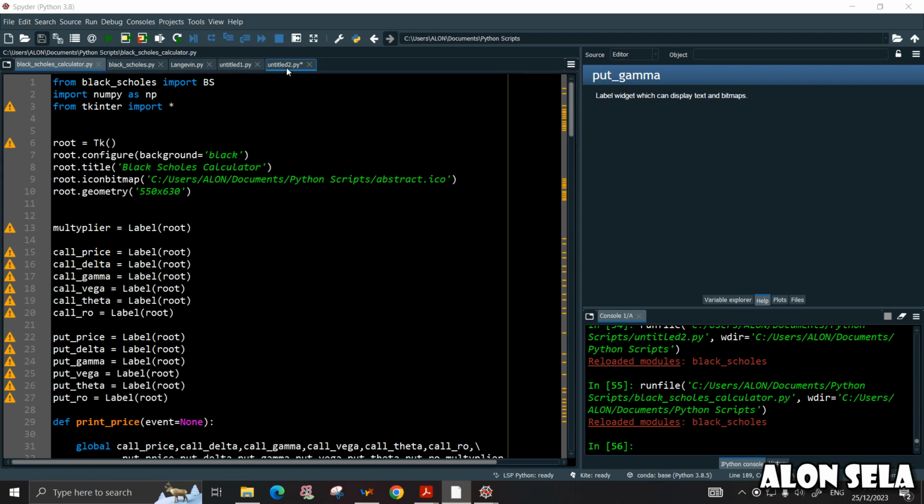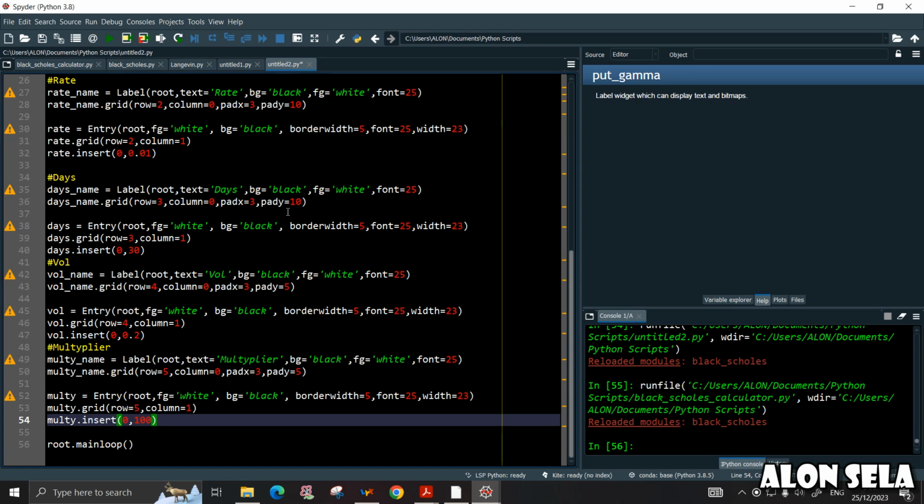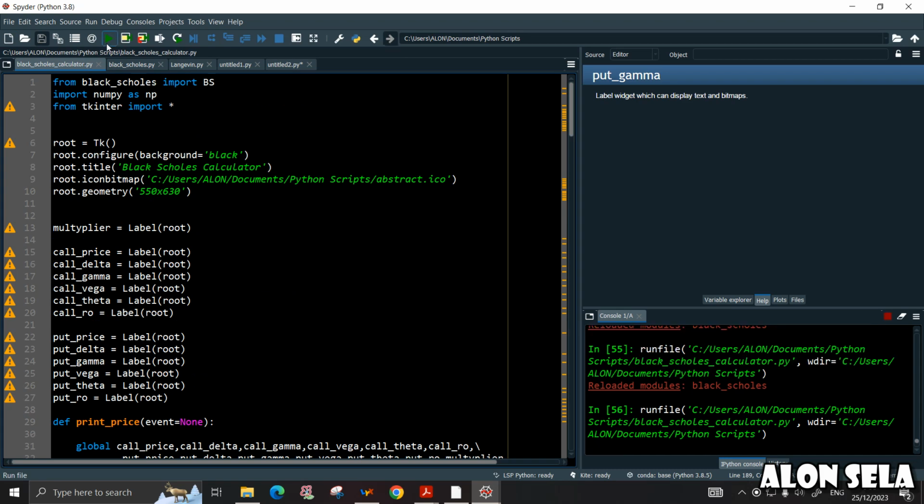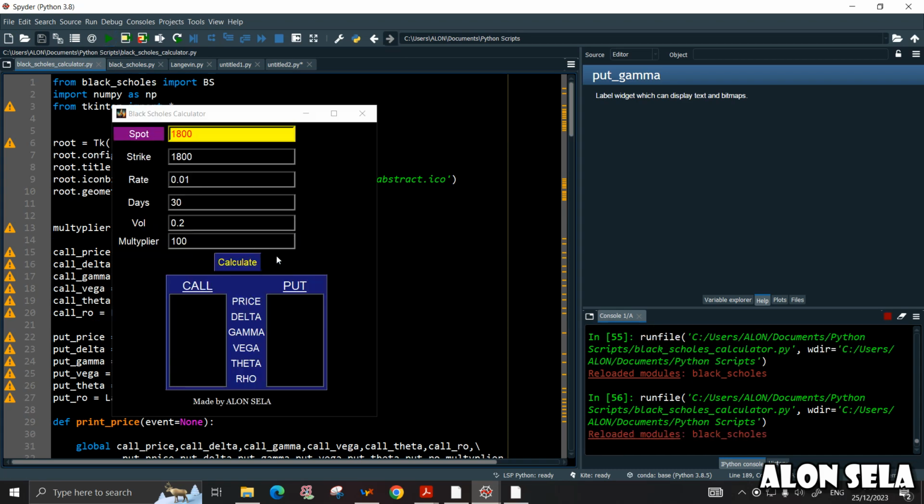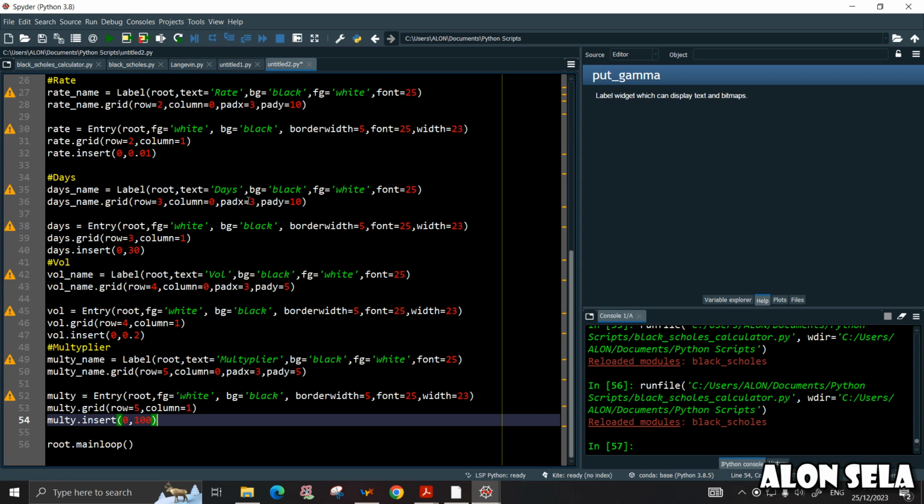I'm Alon Sela and today we're going to continue and build our Black-Scholes calculator app using Tkinter. The last part was about how we can construct the place for the parameters of the Scholes equation, and now we are going to add a calculate button and a place to see the result. So basically what we have so far